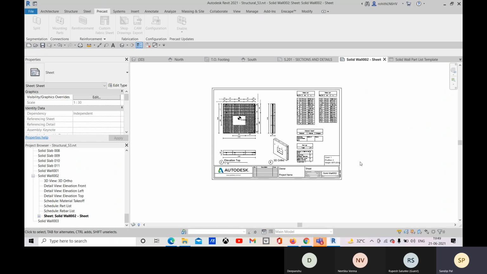You created the model for the construction, and you need to create these sheets, your shop drawings, so that these can be executed on the site, and for your manufacturing and for assemblies, because these are precast members, so for assemblies all the details will be there also.